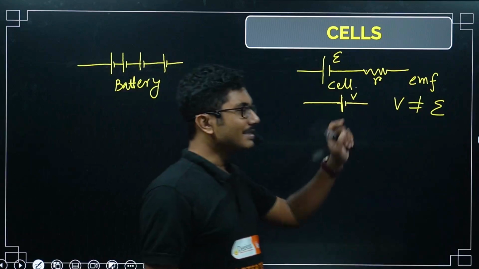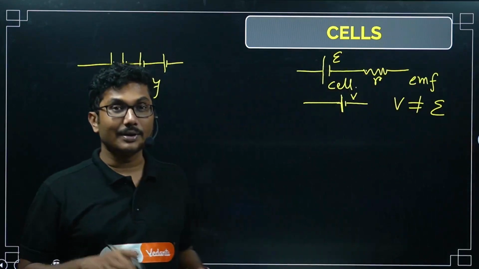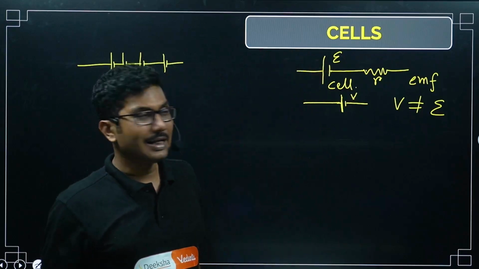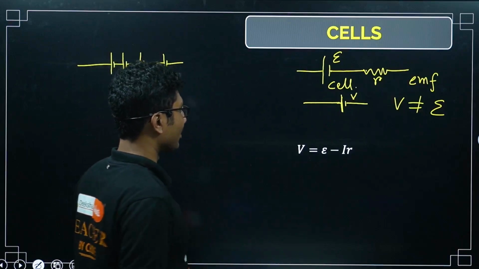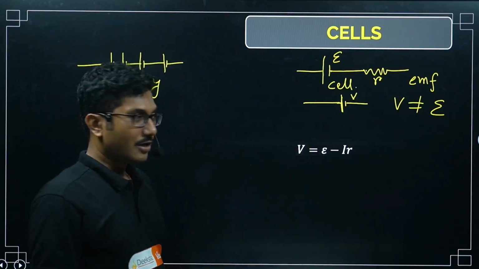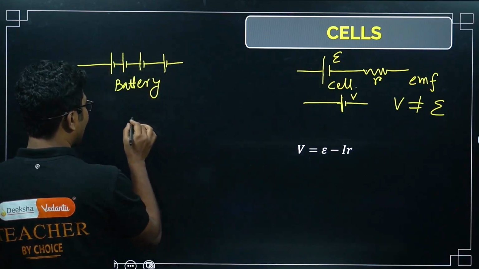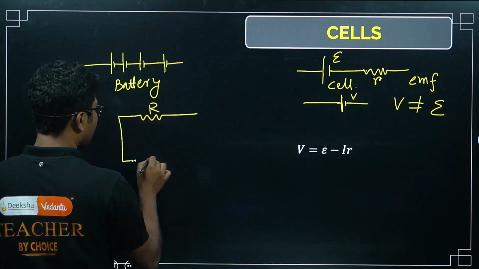Okay, this V is not the same as EMF, but we can use an equivalent, like we learned for resistance. Similarly, we can equivalently replace the cell using a voltage supply, and that voltage is given by this formula: V is equal to epsilon minus IR. So when you are connecting this cell into a circuit, say into a resistance R,